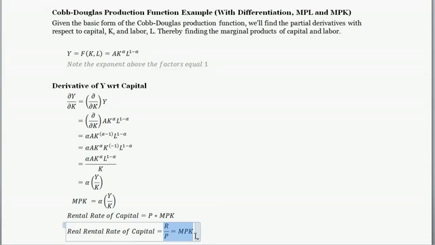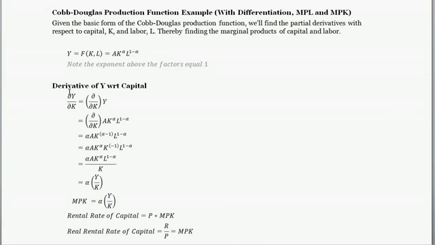So if you're ever asked what the rental rate of capital is, that's going to be this guy right here. Sometimes you're given a value of alpha, and you would just plug in that value. So let's say alpha was 1/2. If you saw a little 1/2 here, and then 1 minus 1/2 is 1/2, so if you saw 1/2, 1/2, you got a nice little Cobb-Douglas production function, and you have 1/2 times y